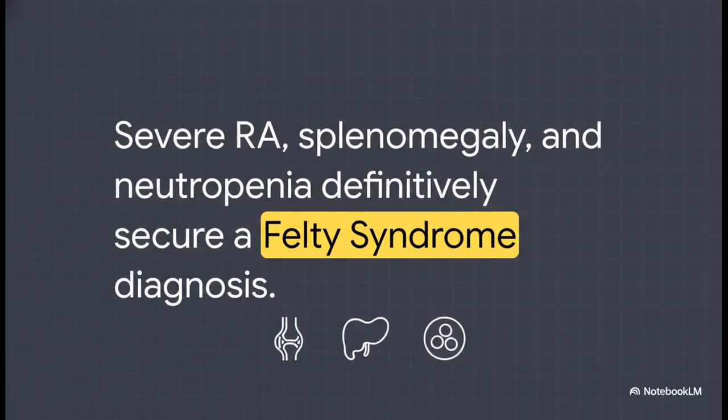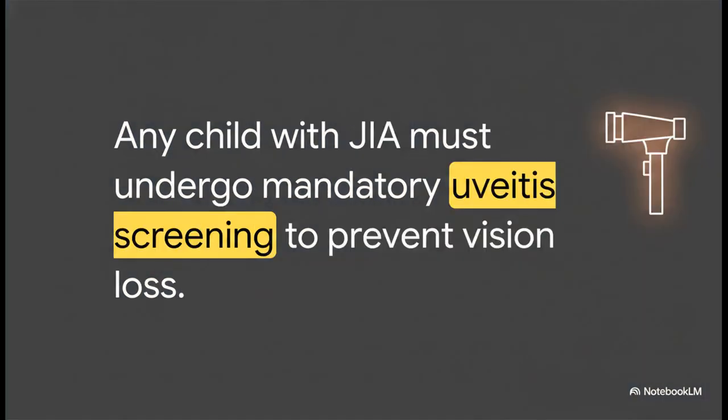Number 4, severe RA combined with an enlarged spleen and a drastically low neutrophil count firmly secures your diagnosis of Felty syndrome. And finally, number 5, any child diagnosed with juvenile idiopathic arthritis has to undergo immediate routine screening to catch silent, vision-threatening uveitis. When you're staring down a complex, confusing joint pain scenario on test day, trust the strict